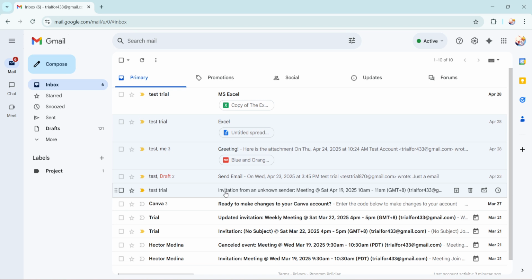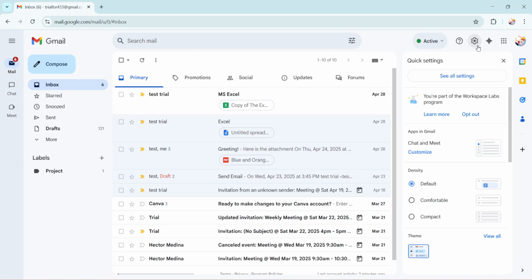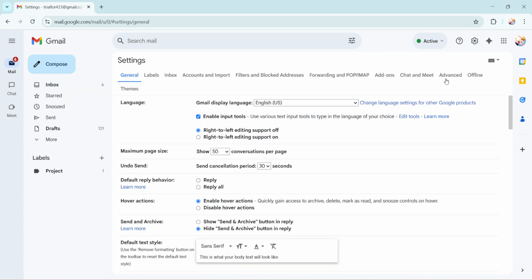First, we begin by opening Gmail in your preferred web browser. Once you have it open, look to the upper right corner of the Gmail interface and find the gear icon, also known as the settings icon. Clicking on this will bring up a drop down menu with several options. From this menu, you'll want to select See All Settings, which will take you to the main configuration area of